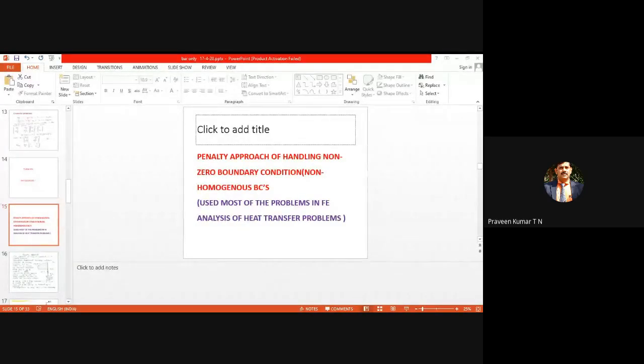When you come to finite element analysis, either temperature is known at one end of the element, or we may know the temperature at the other end of the element. That is nothing but a specified temperature boundary condition. And one more boundary condition is